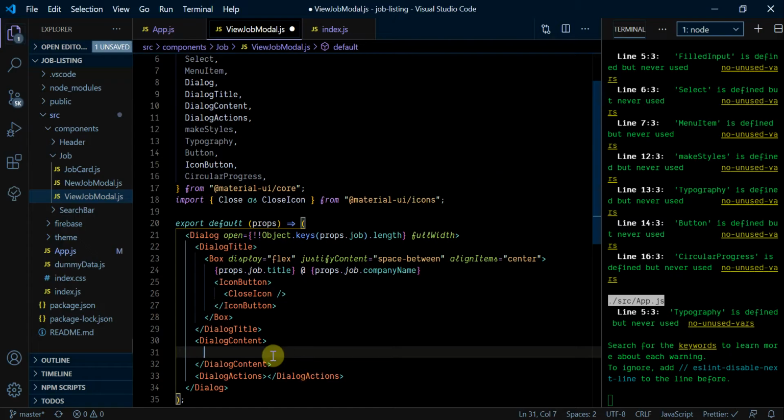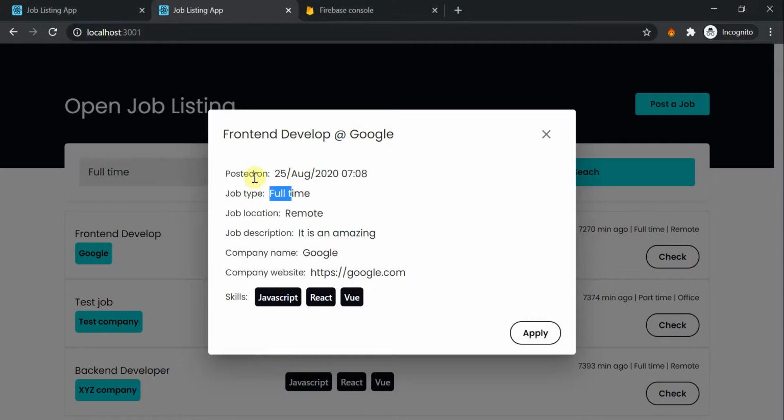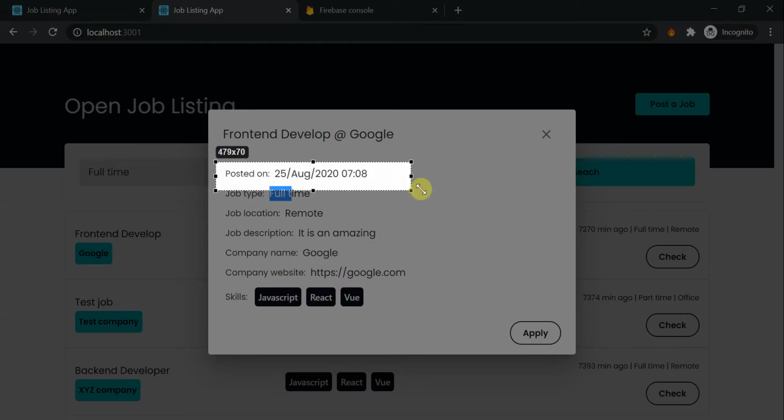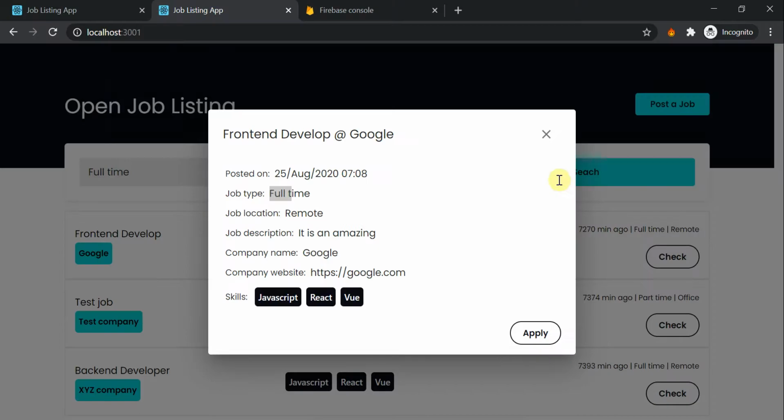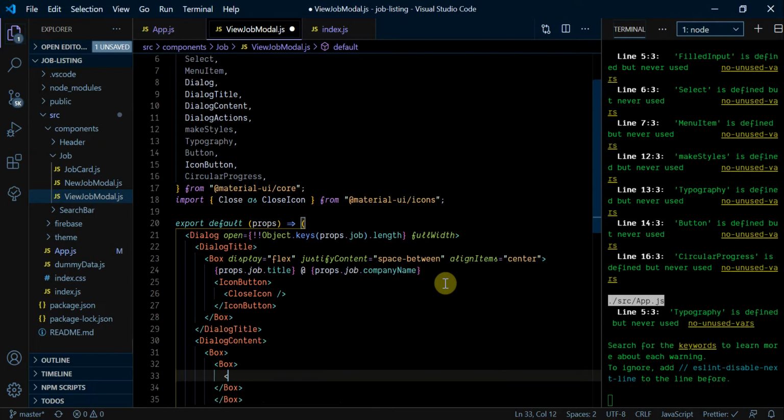So let's have a box that wraps around all the different fields, and these individual fields would be wrapped in a box component as well. So let's work with it. Box component, and within it we will be having a typography,